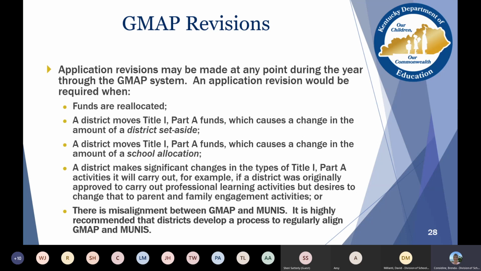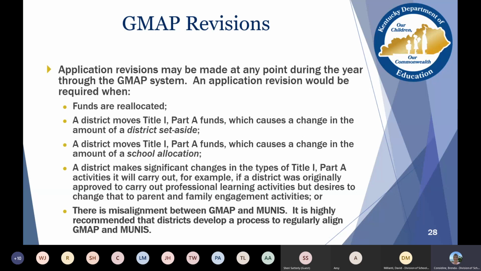If you make significant changes in the types of activities that you're going to carry out, for example, you were going to have professional development activities, but you decide to move that to parent and family engagement activities, that would cause a revision. Anytime there's misalignment between GMAP and Munis, you are going to have to revise.